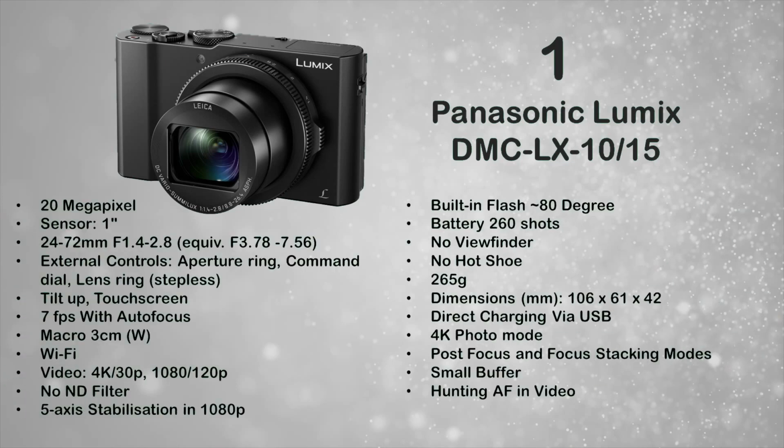It is the latest one, and on paper it outperforms the Sony and Canon cameras. So let's see what the difference is. The aperture at the wide angle is faster by 2/3 of a stop, but moving further along the zoom range, it falls very quickly to 2.8 anyway. It has a tilt-up touchscreen, a better macro and 4K video with a very good slow motion at 1080p,